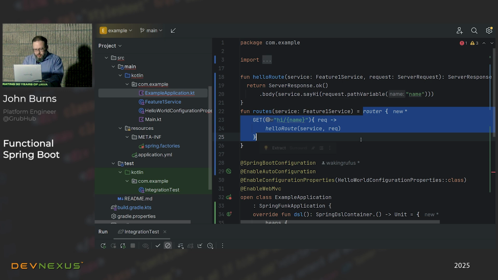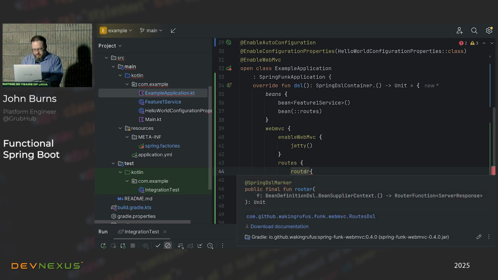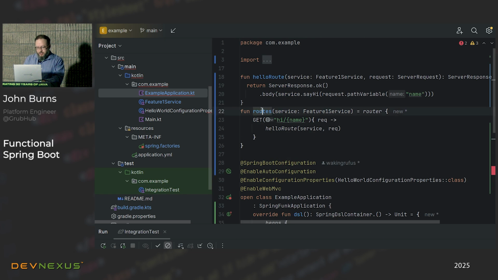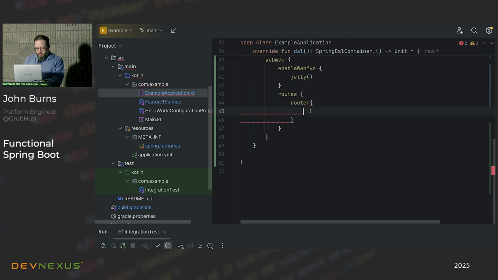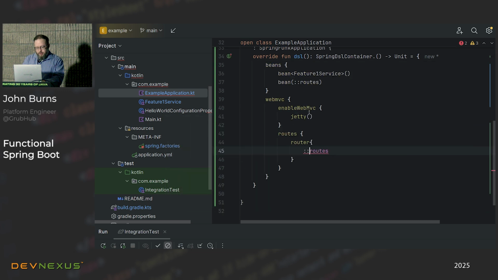So I want to do, this is the trickiest part. Okay, so this is the signature of router. It takes a function that takes the bean supplier context and returns the router function. The router function itself is this routes. So I think it's supposed to be like this.